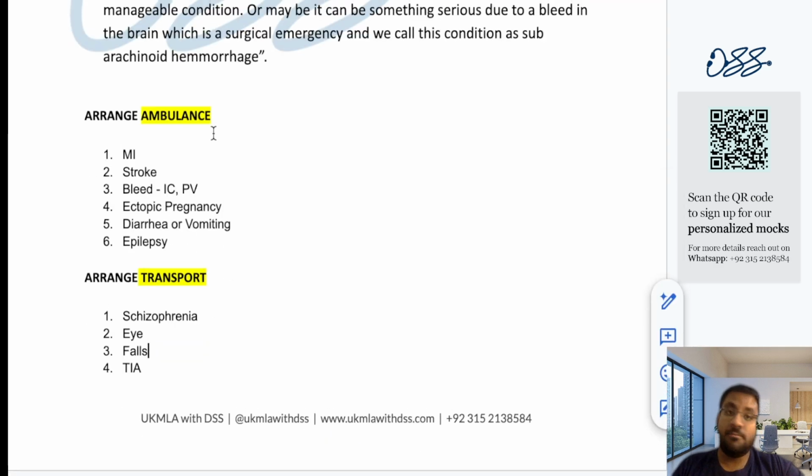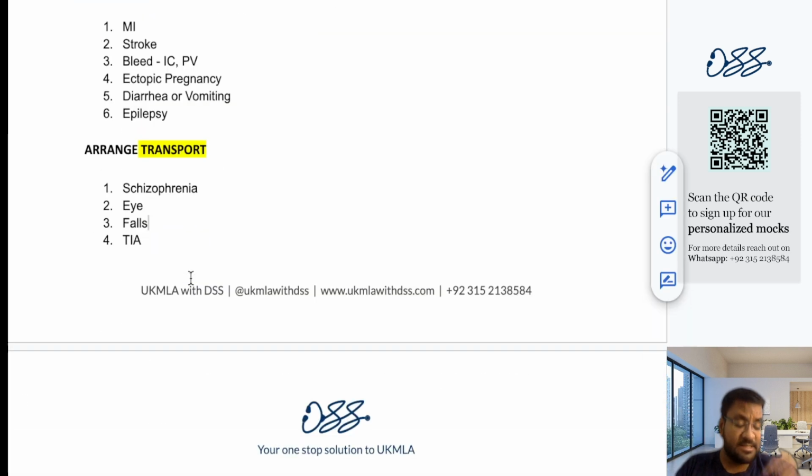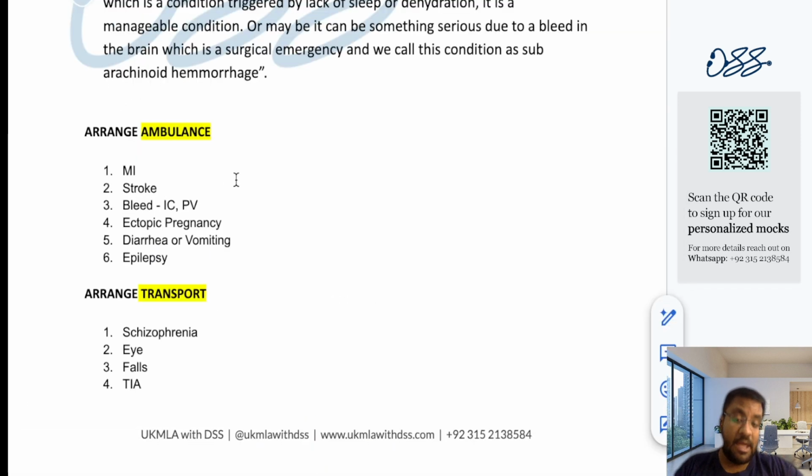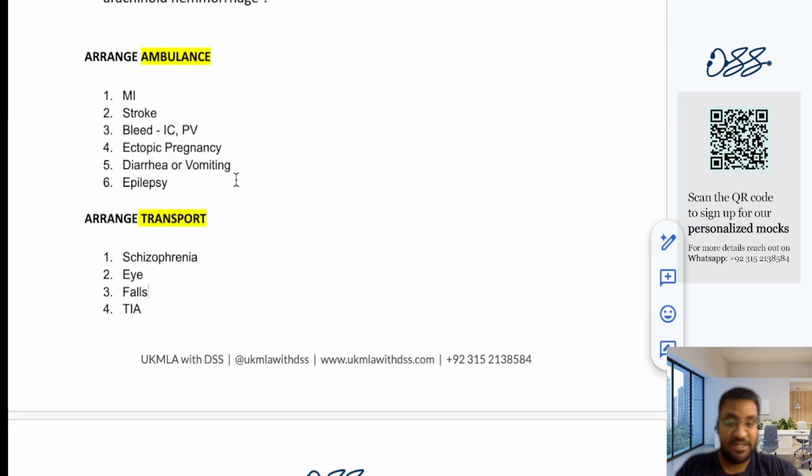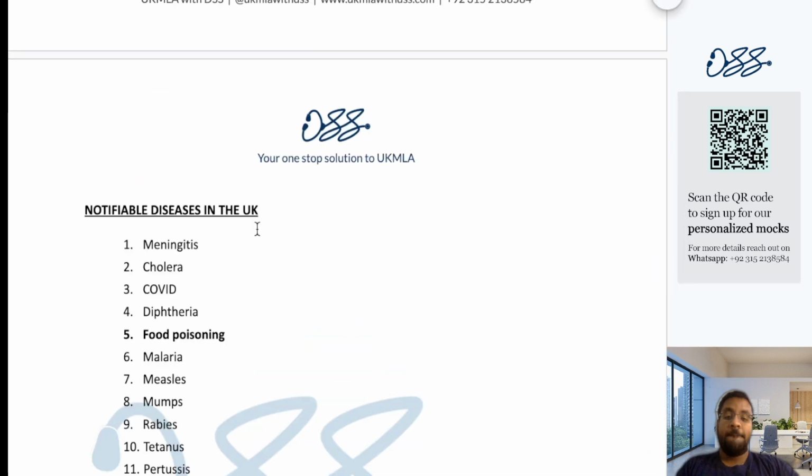Okay, so it's important that this type of patient does not remain unattended. But you need to identify that, okay, this is the patient that I would want to call an ambulance for, or this is the patient that I would want to arrange the transport for. Just a minor difference, but it does have a very, very significant impact on your consultation. All right. Then the next